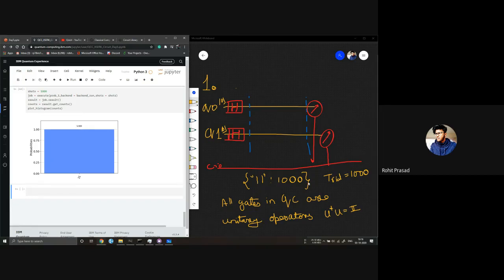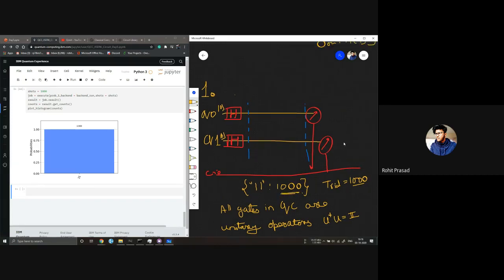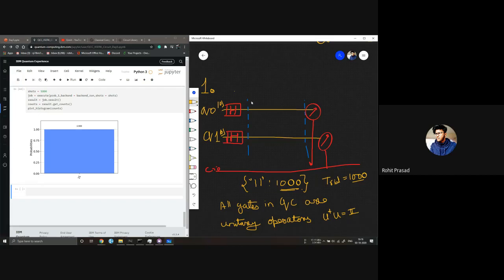This means that for the number of trials, the number of shots for 11 is equal. So what did we learn in the previous class? Every gate in quantum computing is a unitary operator, right?